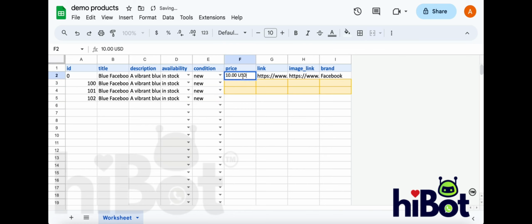In case of price, it has to be with double decimal and the currency code, not dollar sign, not rupee sign. It will be INR for Indian rupee, USD for United States dollar. So for example, 1000.00 INR, 1200.00, and